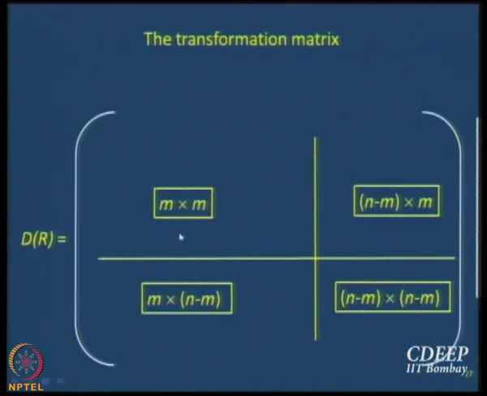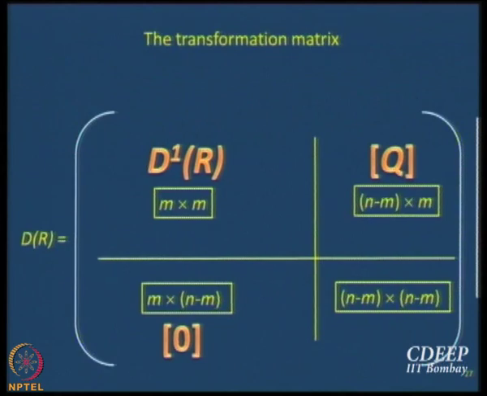We have a block here m by m, this is m into n minus m, n minus m into m, n minus m into n minus m. I call this block, let us say, the D1R block, just naming, this is very easy. Now where is the 0? Here or here? Here, right, because we have transposed, do not forget. So this is a 0 block, definitely. I call this the Q block, we will see what Q is in a moment, and I call this the D2R block. So the matrix can be divided into 4 blocks, right.